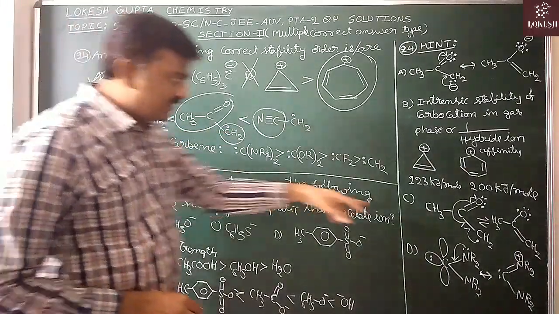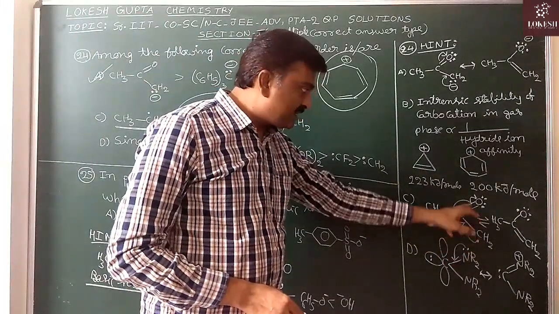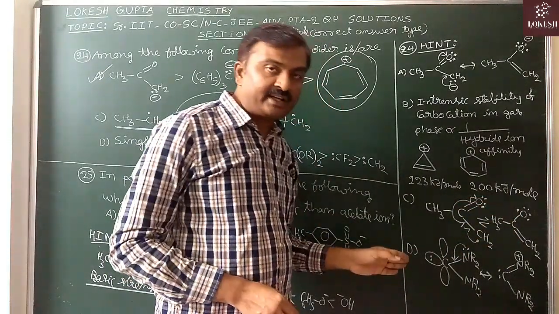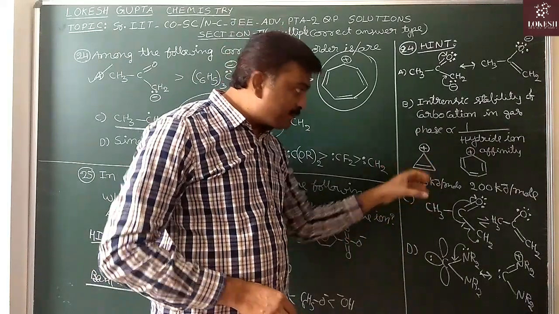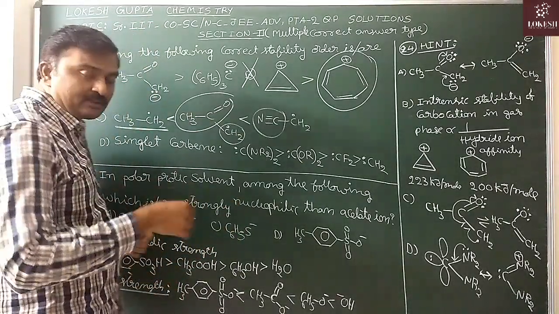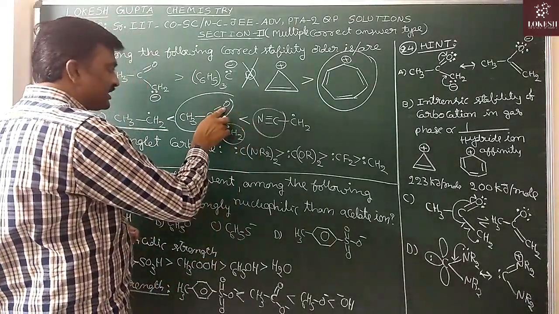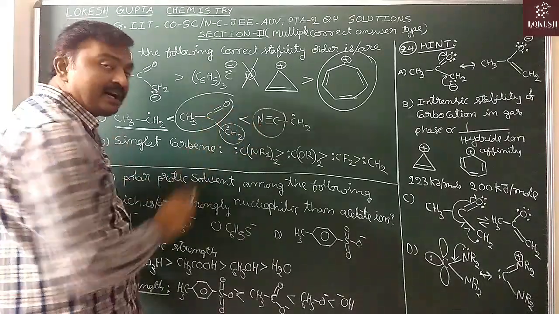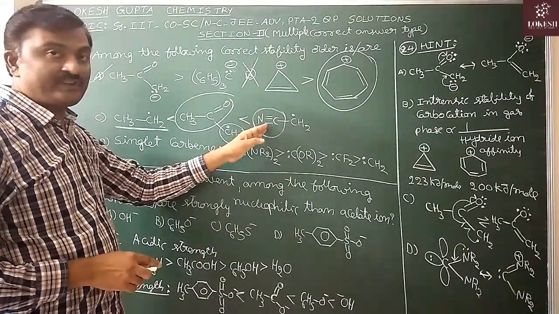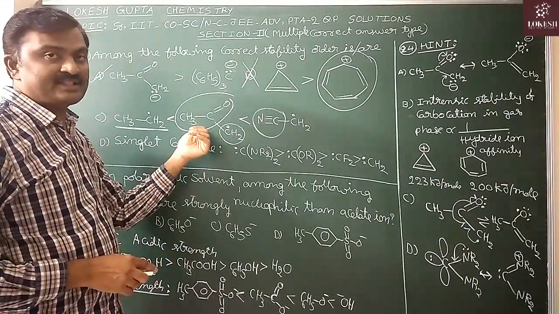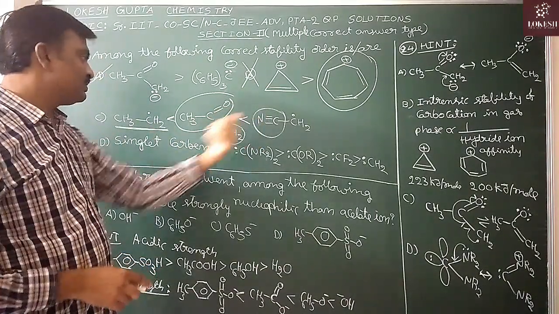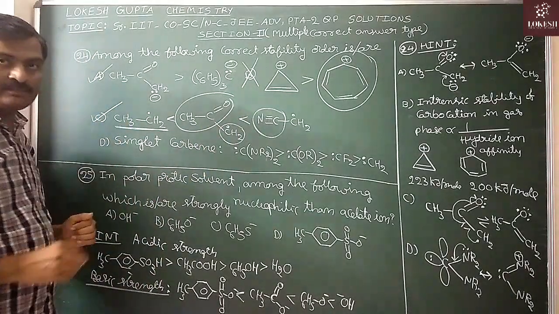See, how to write this one? See, this electron pair, here a pi bond, here one unpaired electron. Like this, we can write the resonance structures. Now this type of captodative effect will decrease with increasing electronegativity of the atom involved. Here nitrogen, here oxygen. When compared with nitrogen, oxygen's electronegativity is more. So in between these two, the captodative effect is more in this one and less in this one. So in between these two, this one is less stable. So this stability order is correct only.